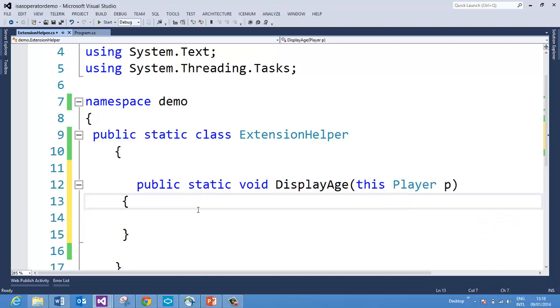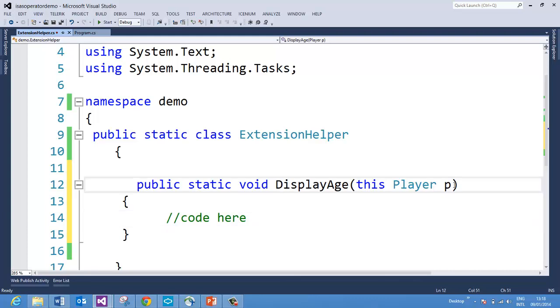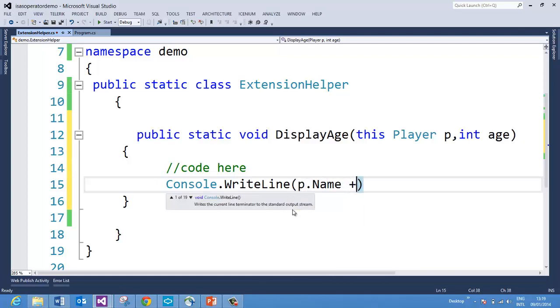If you don't want to pass any parameter to the extension method, then you just go ahead and write your code here. If you want to pass any parameter, then those parameters will be passed as second arguments onwards. Let us say I want to pass an integer age, which I have done here. Now inside this function I can write my own code. I am just saying Console.WriteLine and p.Name is age